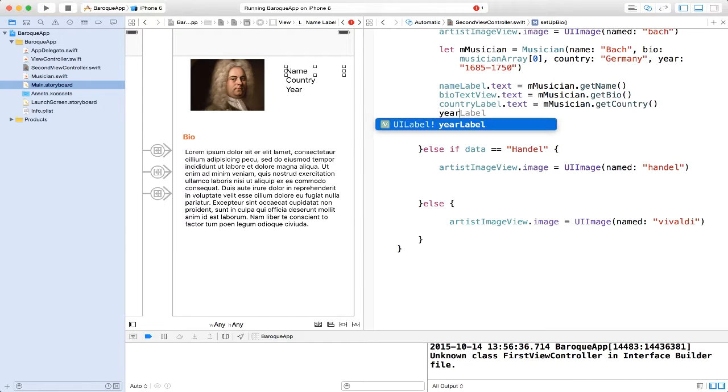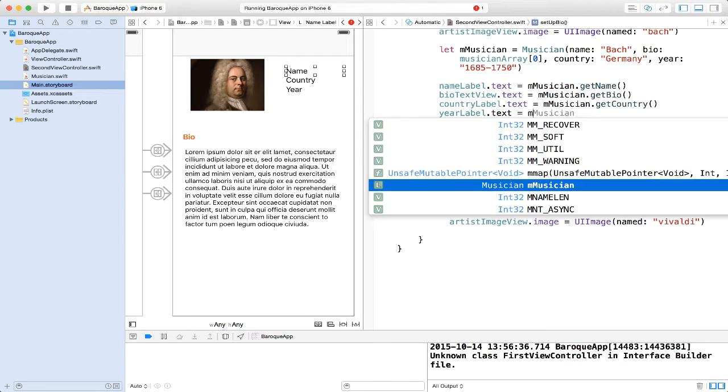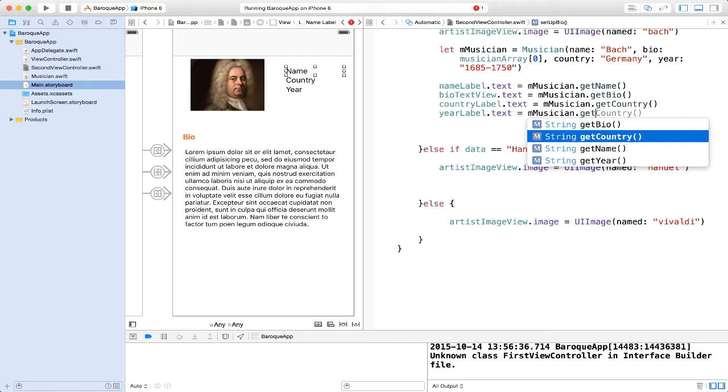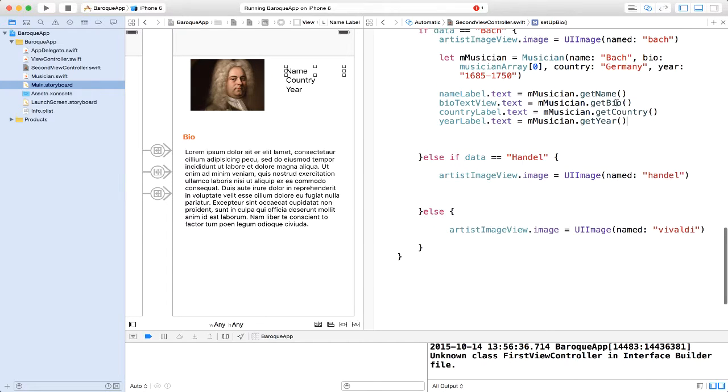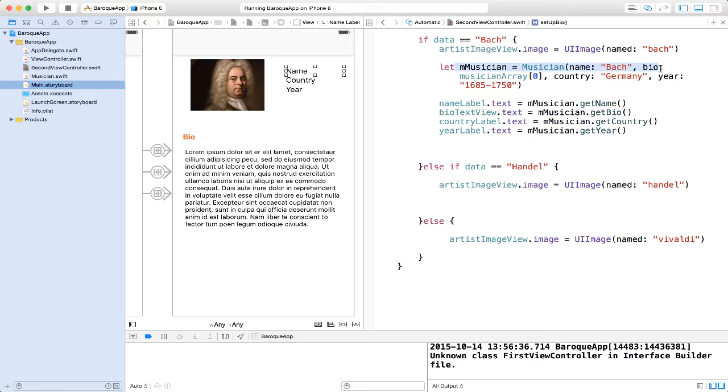All right, so yearLabel.text is equal to musician dot getYear. Great. We created here our object of type Musician, we filled in the musician with information, and now we are setting things up. And as you can see, it's much easier as opposed to having to go and type everything ourselves.